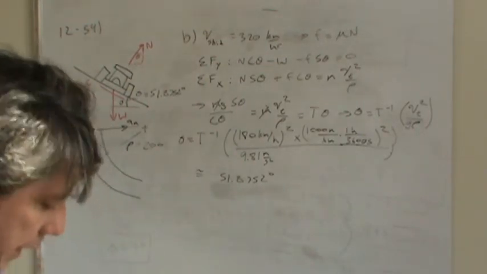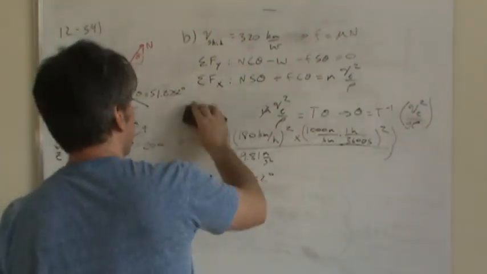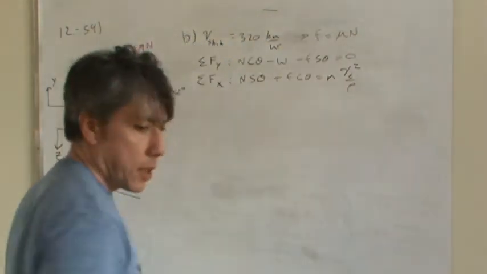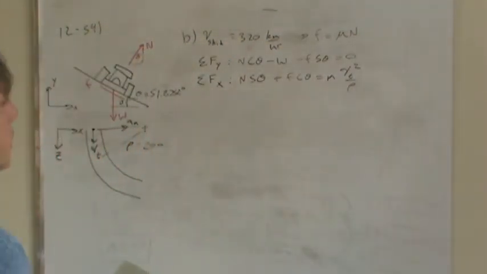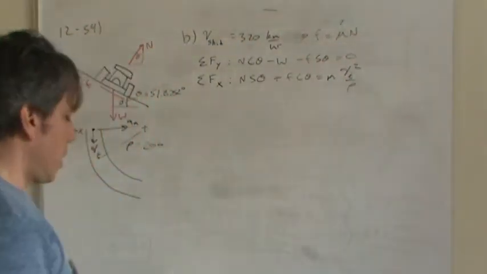And so now what we'd like to do is again solve for the unknown. Now the unknown is not the angle anymore. We know the angle of the track. And the question at this point is, if this is close to skidding, then what is the friction coefficient? What is mu? If this is